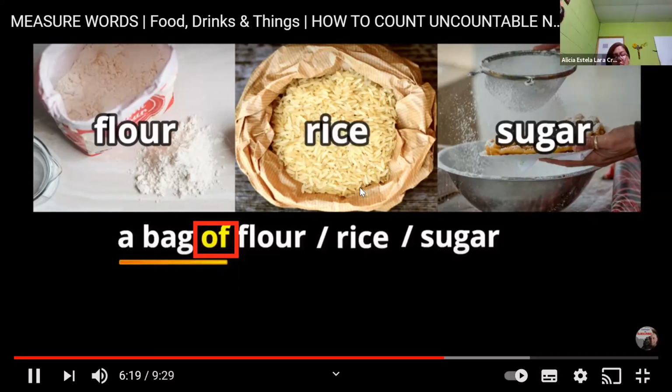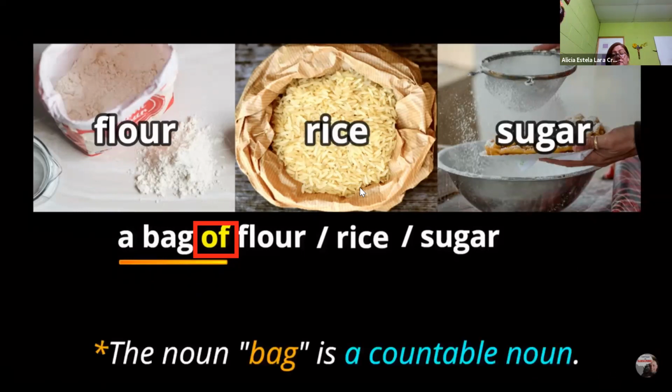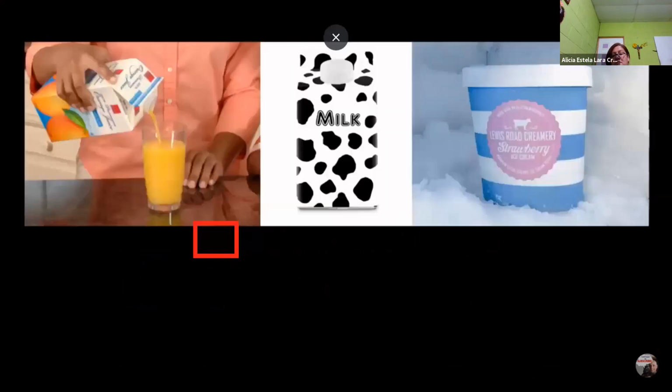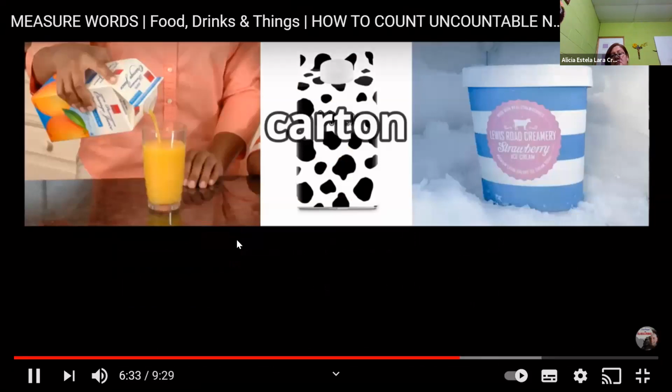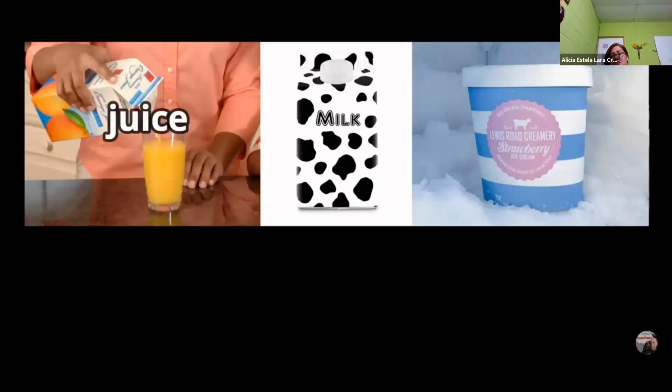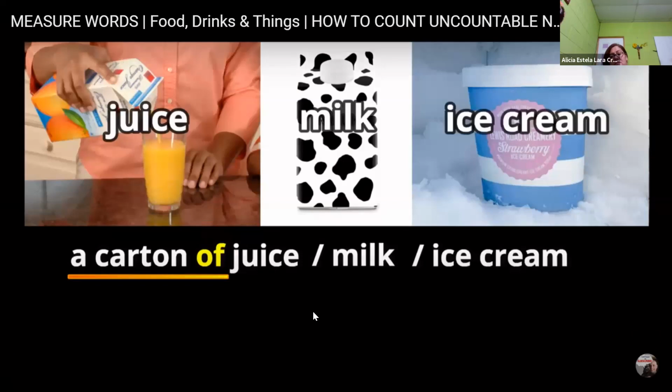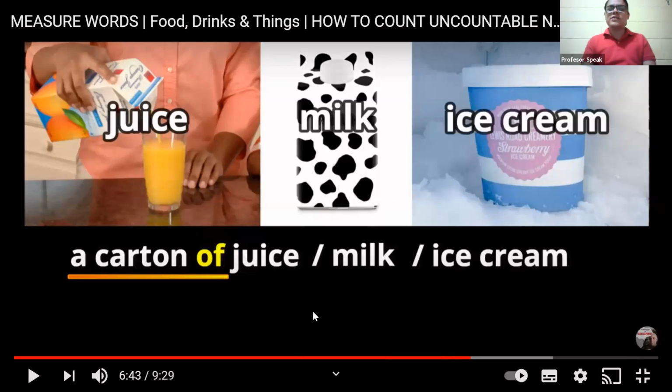Again, bag is countable. So we can say bags of flour, bags of rice, or bags of sugar. We also use cartons or a carton to count things, such as juice, a carton of juice, or a carton of milk, or a carton of ice cream. And if we have more,